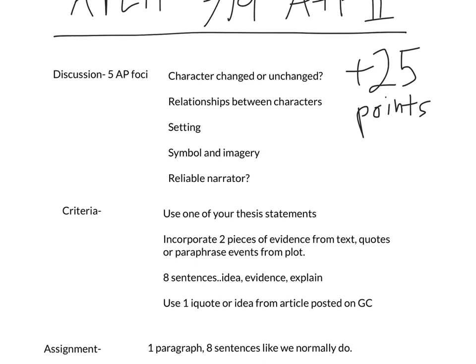As I said in the previous lesson, setting is important here because the grocery store might be a symbol for a microcosm of society in some way. You have old ladies and you have housewives and you have these young girls that come in. You have obviously the people that work there. So keep that in mind if that's something you want to look at and explore a little bit.